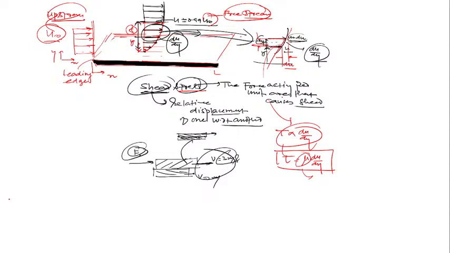So as I told you, this gradient only exists up to delta thickness. Up to delta thickness, the gradient. Outside the delta, is there any gradient? No. It means the stress is zero. It means all the gradients, all the resistance for the momentum transfer, lie only in a small hypothetical film, that is called the boundary layer thickness. So what is the boundary layer? Is this clear? What is the velocity boundary layer? Is this clear?